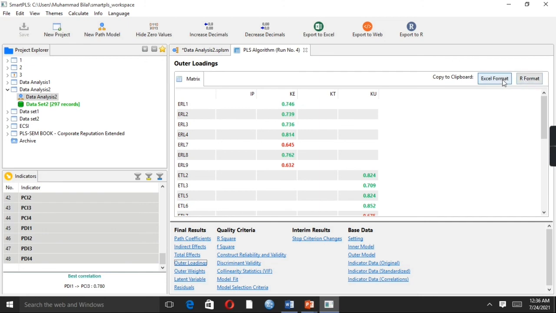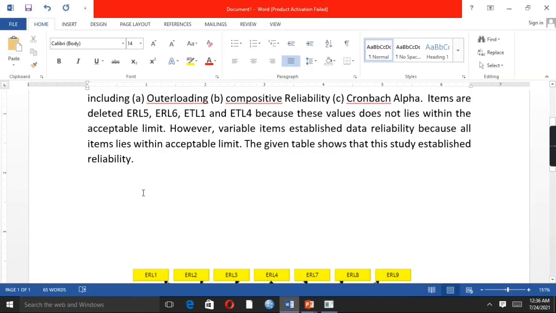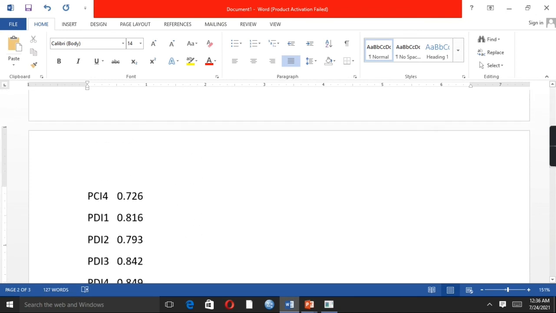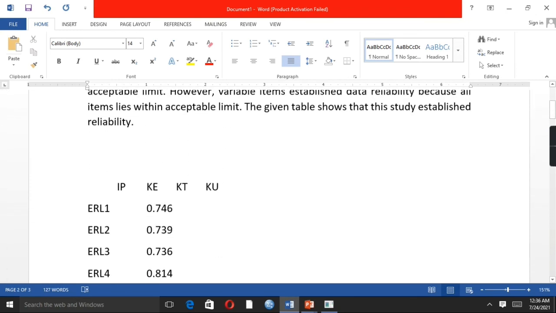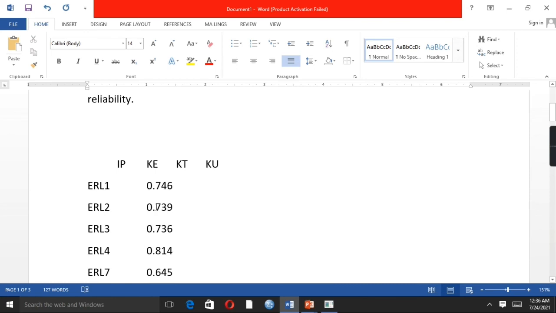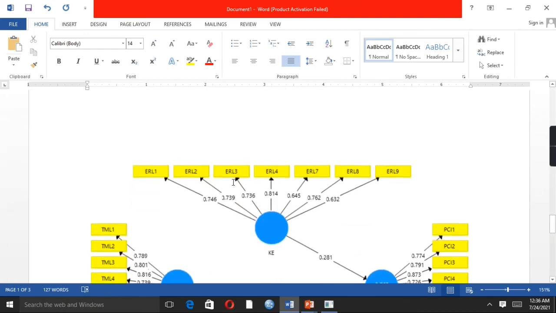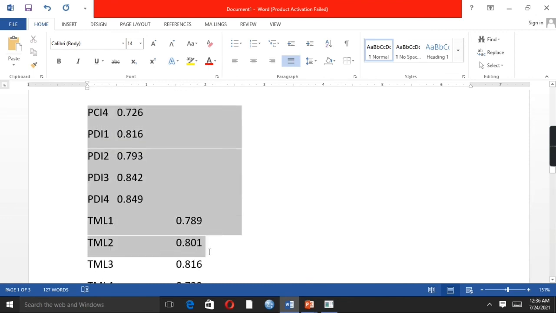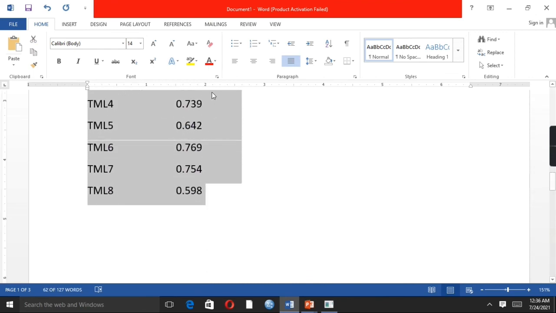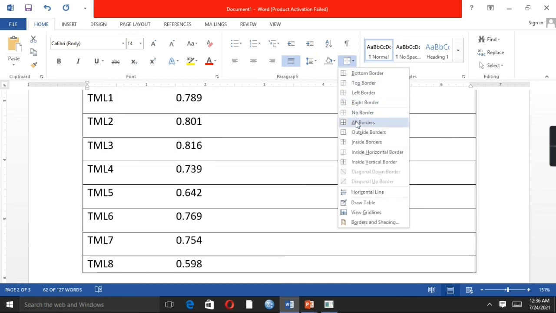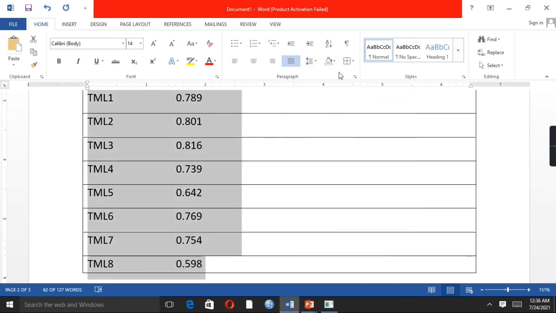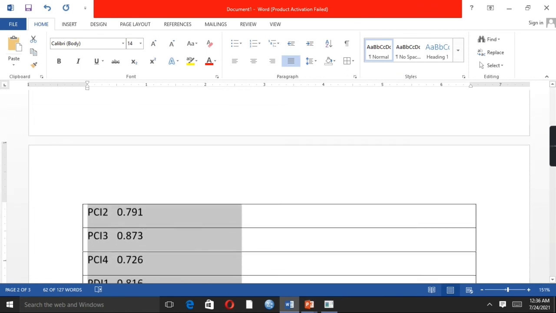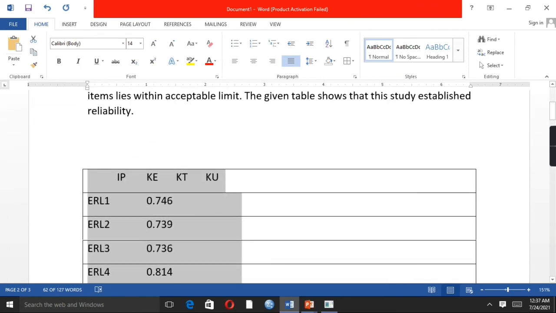Click in Excel format, paste it, have a look. So these are basically the outer loading.